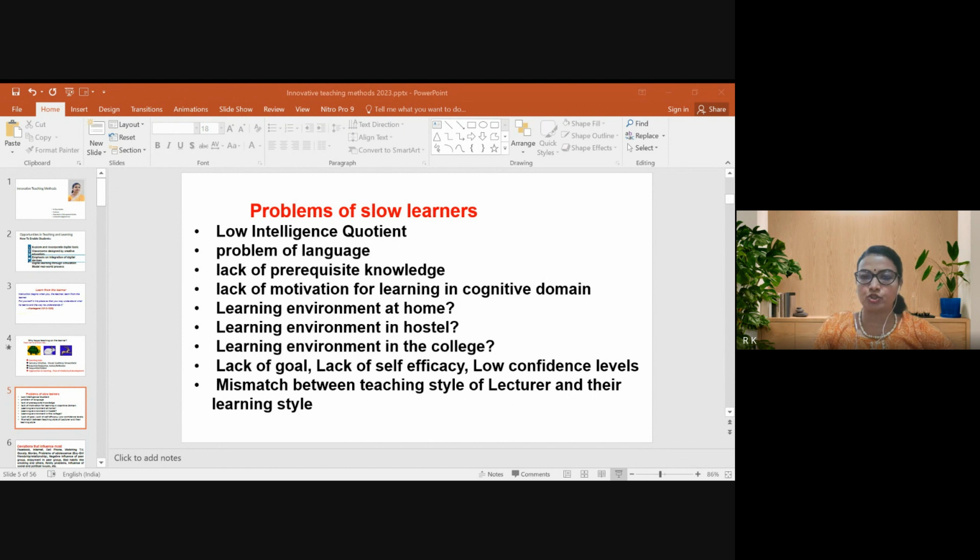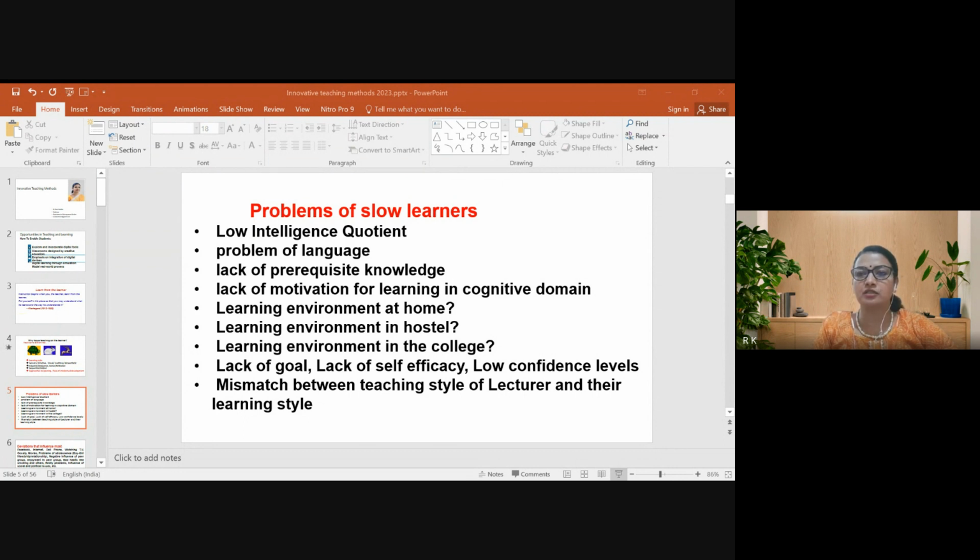Because of the introduction of NEP 2020, there are the course objectives and learning outcomes, and what kind of strategies we will be adopting, and what the different assessment methods for the students are, both formative and summative. I would like to quote here: learning is not the product of teaching. Learning is the product of the activity of the learners, which is very essential.